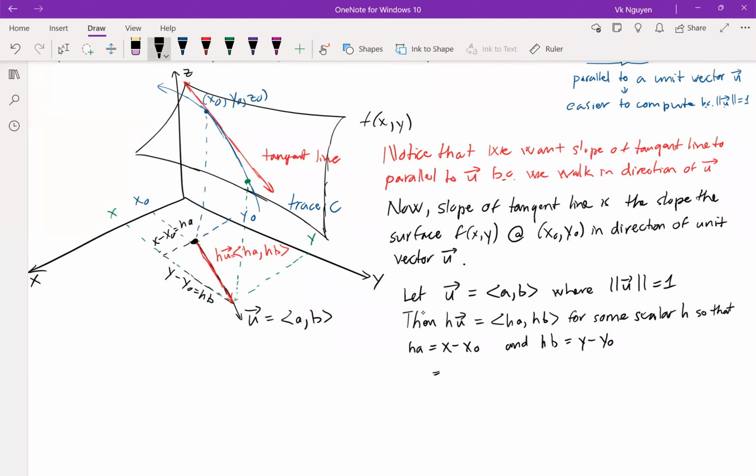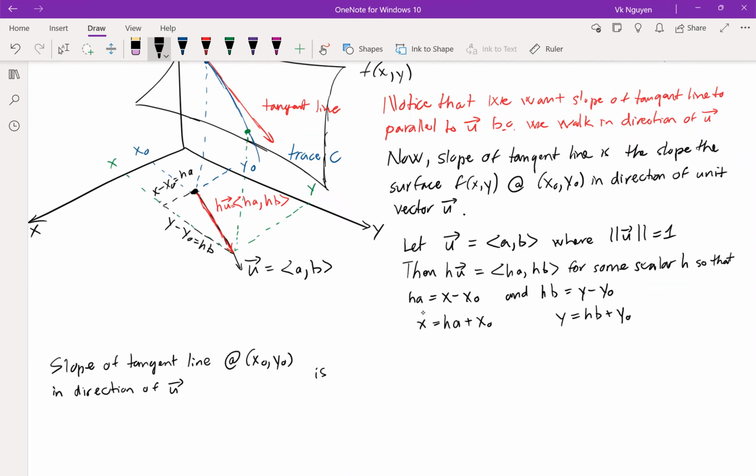From here, you can solve for x: h a plus x naught, and y: h b plus y naught. Okay. So now notice that the slope of the tangent line at (x naught, y naught) in the direction of the unit vector u is the limit